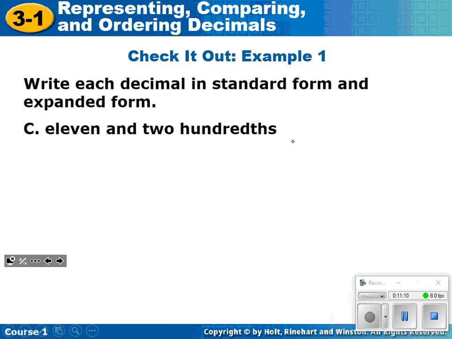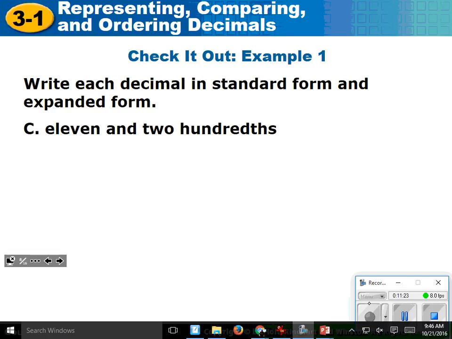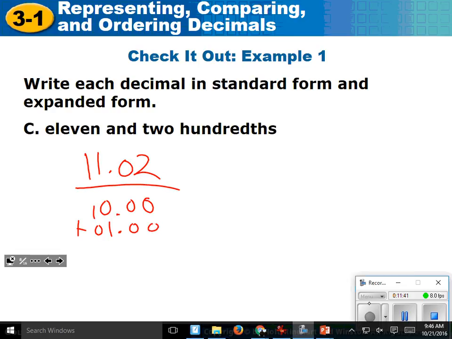Give it to me in standard form. And expanded form. So put standard form at the top, give me expanded form at the bottom. So we got 11 and 200ths. So expanded form is going to be 10 plus 1 plus